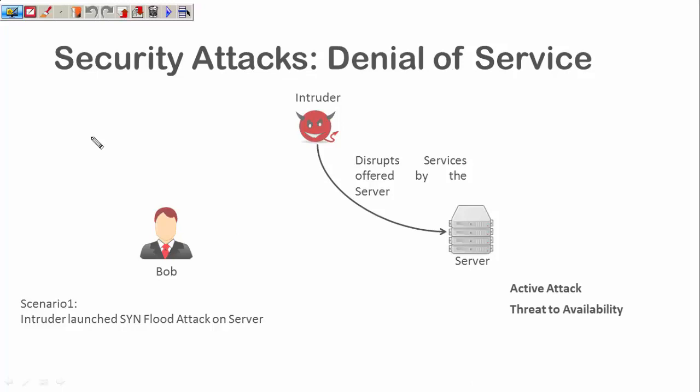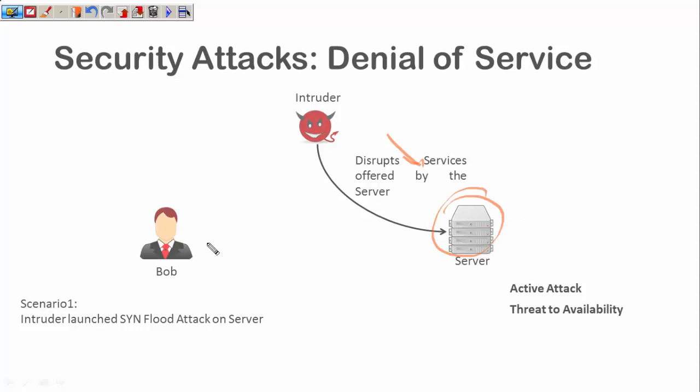If you have studied networks, then you must have studied the SYN attack, because the TCP protocol has this handshaking protocol, and in the handshaking protocol you send the SYN message first and then you get the response from the server. So now this intruder is deliberately sending messages continuously to the server, and what is happening is that the server is allocating certain resources to the intruder. The intruder has software that keeps on changing the IP address, so this intruder is sending so many SYN messages to the server that most of the resources of the server are occupied.